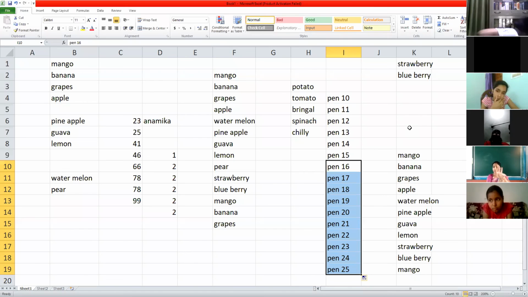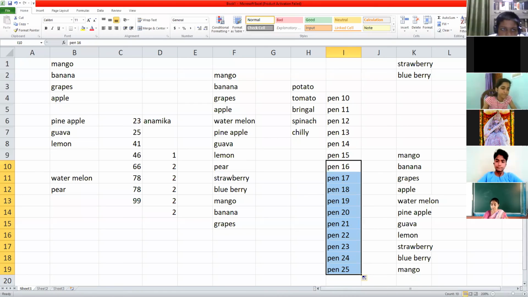When I scroll, many times it happens that you wonder where you are, whether you are going in a straight line or not, otherwise you will see the marks of some other person. So it keeps a portion of the sheet visible, and the rest of the sheet can be scrolled. It could be a row, it could be a column. But you have to select that one and choose that option, freeze. Okay, ma'am.